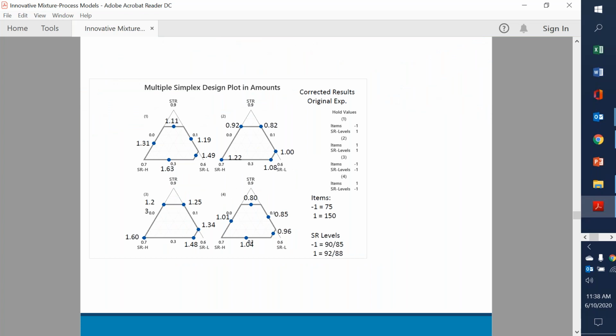Here are plots of the results. I cannot tell you what that response is. Sorry. But one of the nice things here, and one of the reasons why I really like this particular application,